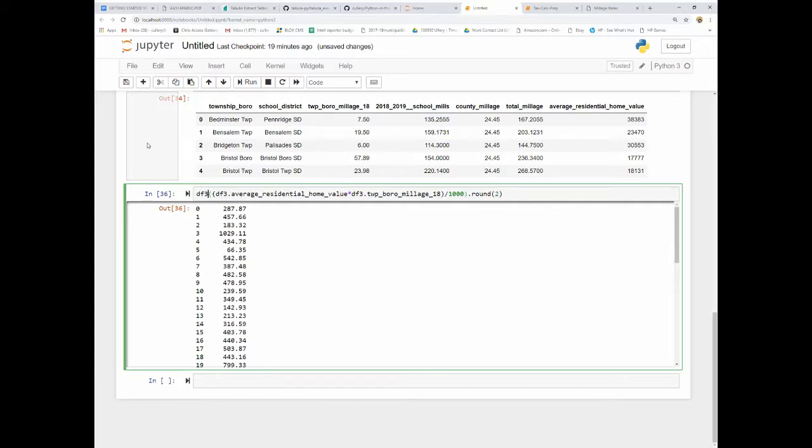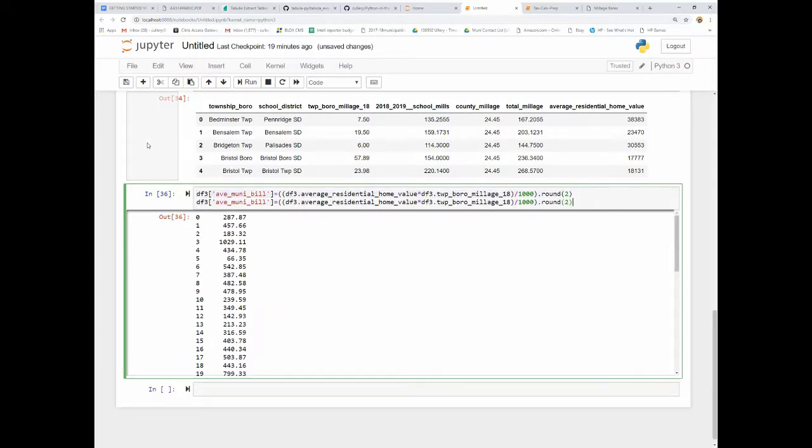So let's do df3. We're going to make a new column, df3 AVE muni bill. And then I'm going to do a very similar thing for, let's see here, this is going to be school. Let's see here, so that is,